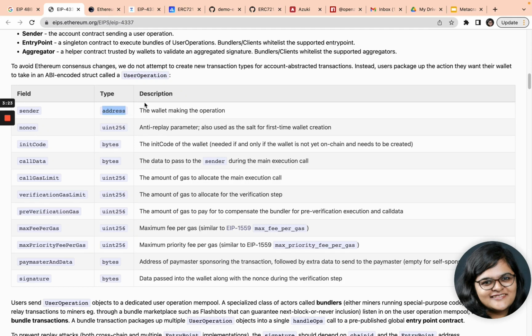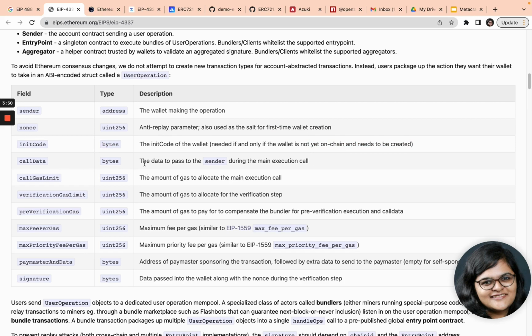However, within the user operation, there's going to be a sender who is the wallet that is making the operation. There is a nonce, which is the anti-replay parameter, which is used as a salt for first-time wallet creation. Init code, which is of type bytes, is the init code of the wallet if the wallet is not yet on-chain and needs to be created.